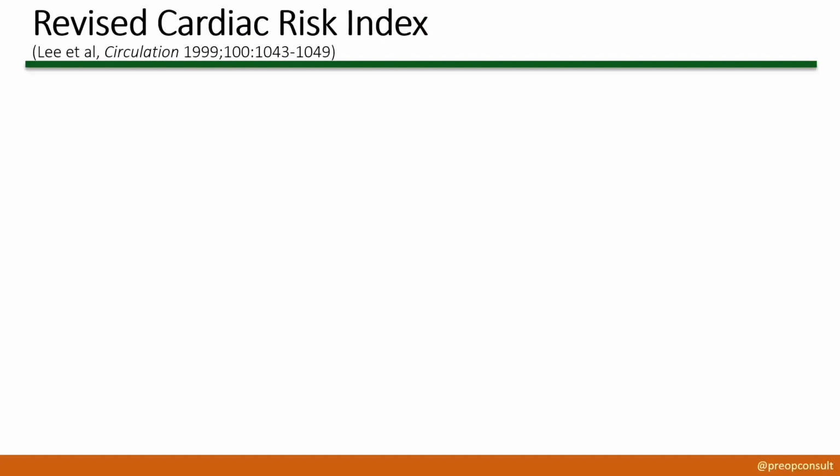So let's look at these in a little more detail. Here's the RCRI. Tom Lee and colleagues over 20 years ago studied 4,300 patients over the age of 50. And the important thing to remember here is that they had an expected length of stay of at least 2 days. This means they did not include same-day surgery, ambulatory procedures, and very low-risk surgery. So you shouldn't use the RCRI for those patients, because if you do, you will overestimate risk. For example, cataract surgery. Patients will have a lot of these risk factors, and you'll think they have a very high risk, when in fact the risk is well under 0.5%. So don't use it for low-risk, same-day ambulatory procedures.